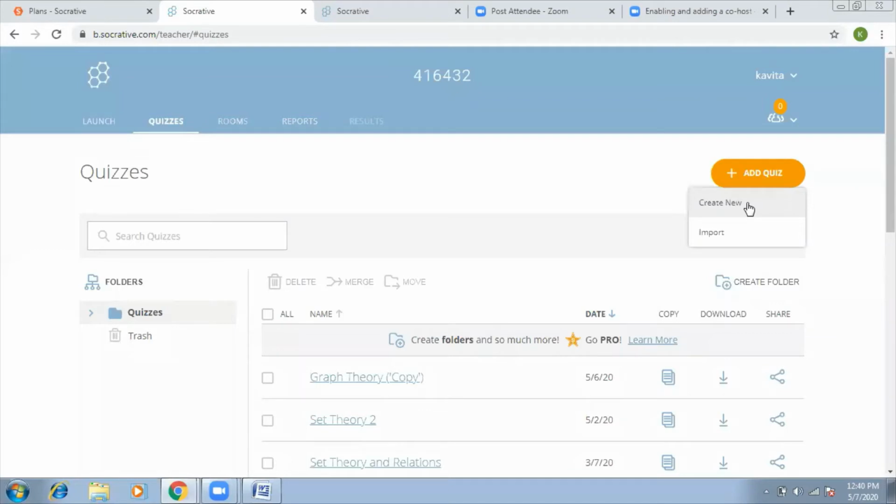Create a new quiz is what you're going to create, and import is for when one of your colleagues is using the same software and has already prepared the quiz. That means the quiz is completely ready with that person. Then instead of taking out time and preparing the entire quiz again, you can ask the person to share that quiz with you and you can use it for your students. That is nothing but import a quiz. I'll go to that also. First, let me create a normal quiz.